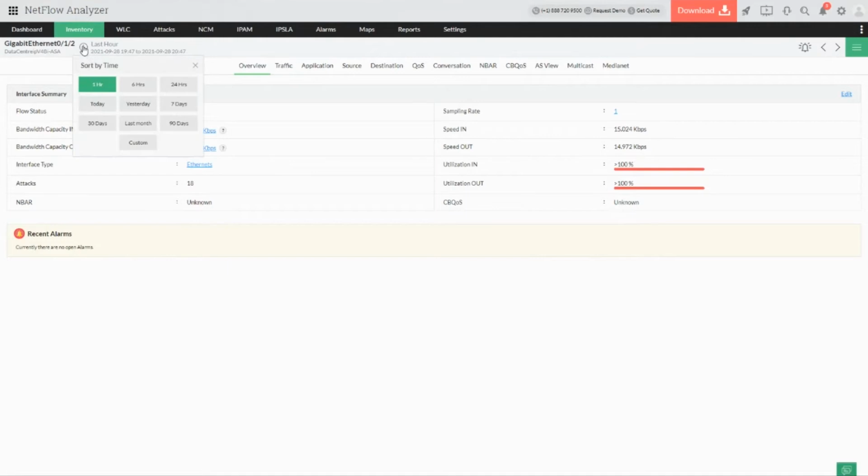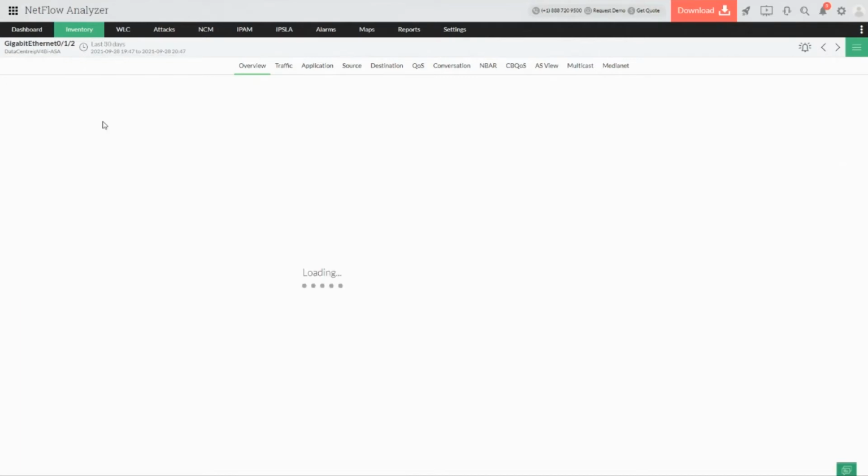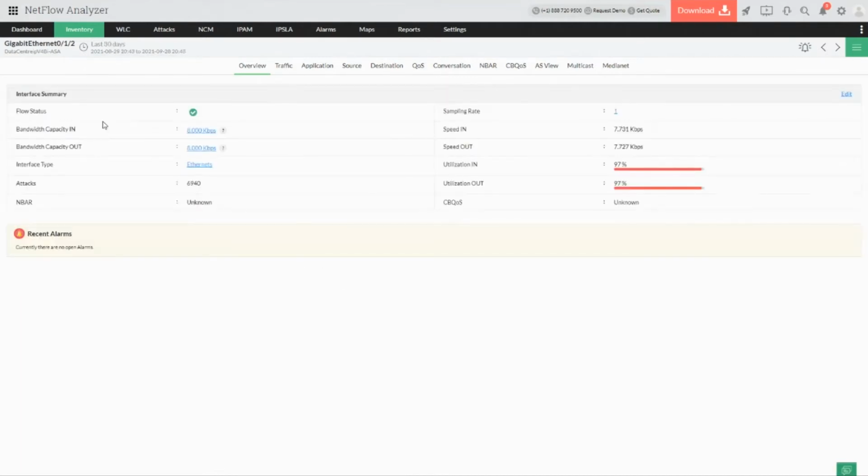Here you have an option to customize the timeline or the data which you want to view. For example, I'm going to do a monthly review on the entire bandwidth usage of my network. This is going to be my core router, and this is my uplink interface. In this example, I want a detailed picture of the entire bandwidth utilization, what is happening at which particular devices, who my top talkers are, and which application is used too much, so that I can perform necessary changes in my network or my environment, so that I'll have a seamless environment with more secured data. So when we talk about the last 30 days traffic utilization,